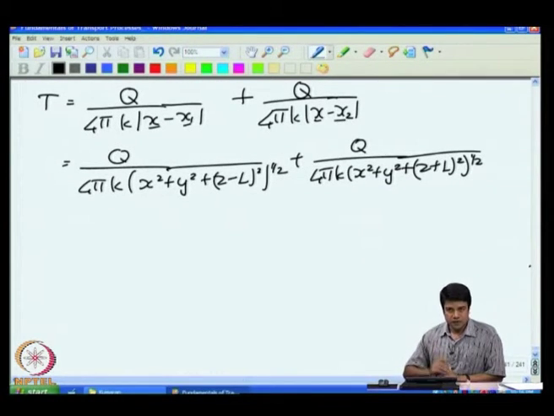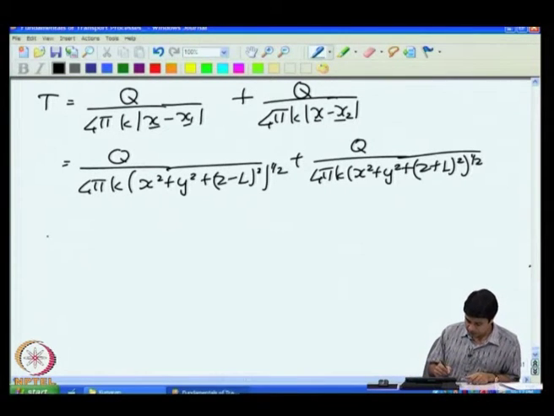So, we got one particular solution if I had a point source close to a wall with 0 temperature, and another solution if I had a point source close to a wall with 0 flux. For an unbounded domain, I showed you that the temperature field due to a distributed source can be written as the integral of the temperature field due to a point source. So, I can write due to distributed source